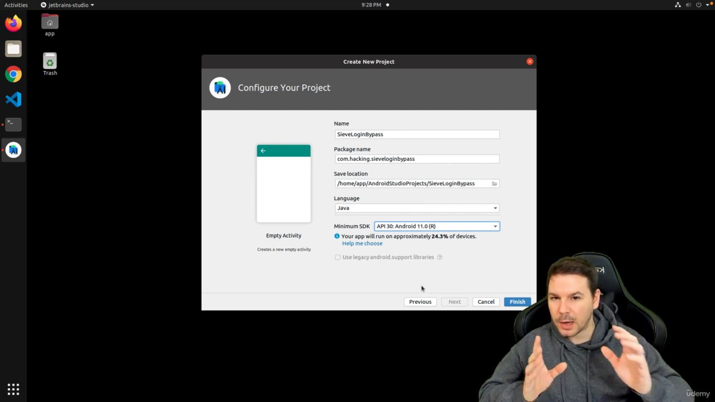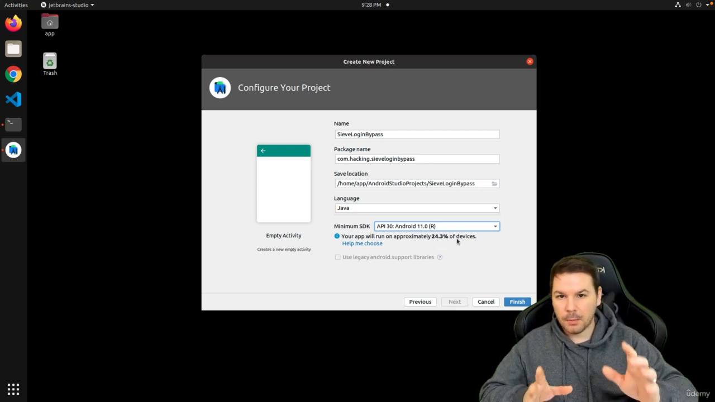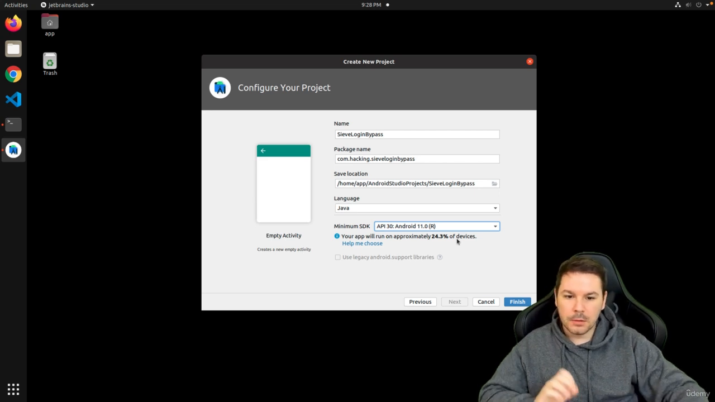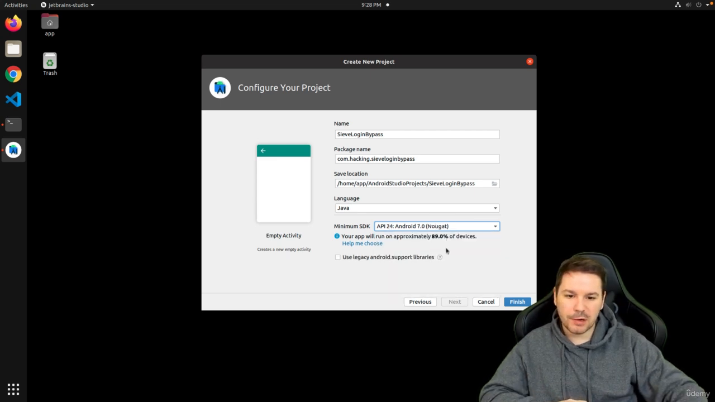But if you want to apply this to many devices, we can already see this application would run on approximately just 25% of those devices, because the other ones are more outdated right now. And therefore, we do not need fancy UIs or things like this. We can go back to version 7. This works perfectly fine, and we have compatibility of about 90%. Alrighty, that's all so far. Yes, by clicking on Finish,